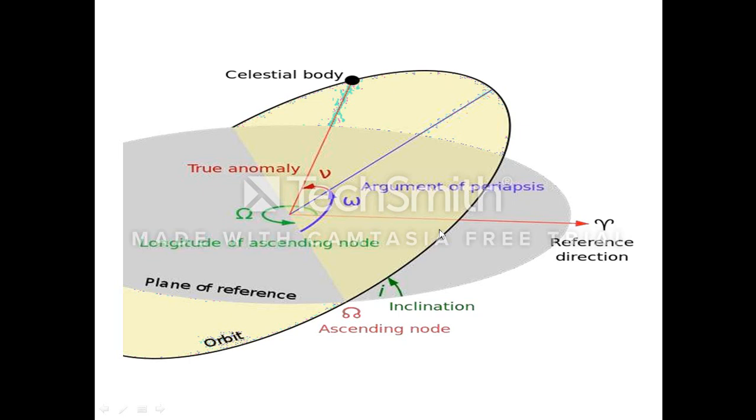Now this is also the view of the same figure, but in a larger size. Here also the yellow line is nothing but the satellite orbit. Then this one is the reference plane. Reference plane is generally the Earth equatorial plane. So when the satellite orbit plane and the reference plane intersect, they are intersected by a line which is called the line of nodes. And this line of nodes is the line passing through the two nodes, the ascending node and the descending node. We will see in detail about the ascending node and descending node later on.